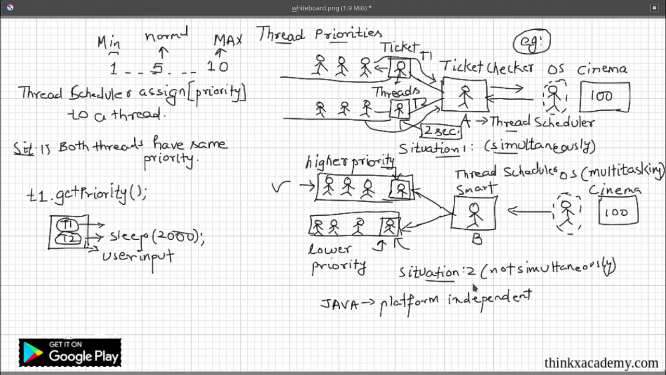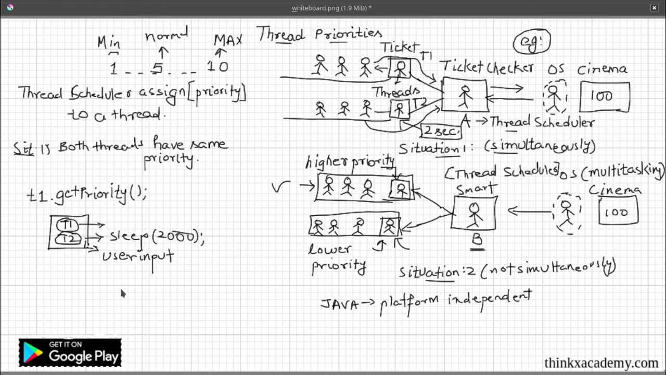So now let's see situation number 2, where this thread scheduler is not assigning the same priorities to them. And what we can do, as a programmer, is actually control this. If you do not specify the priority of a thread, the thread scheduler will automatically set it to some default priority. But if we want to act like person B, what we can do is